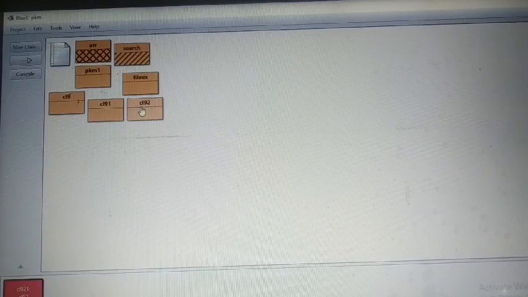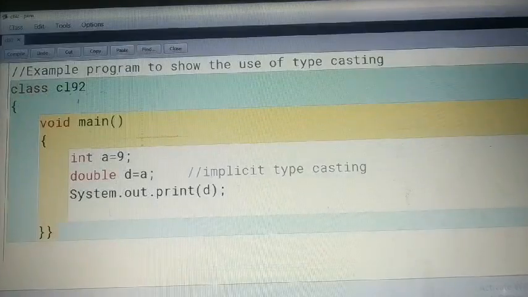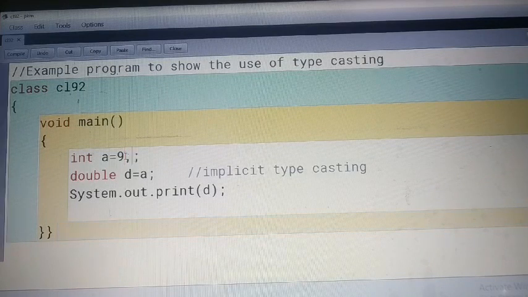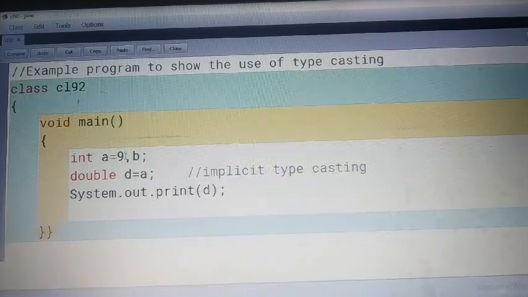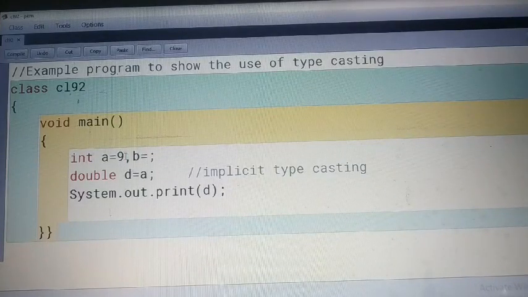Clear? So this way we have seen the use of typecasting. We will also see different kinds of operations here. For example, suppose b equal to 56, two operands of integer type, and I want to add them.